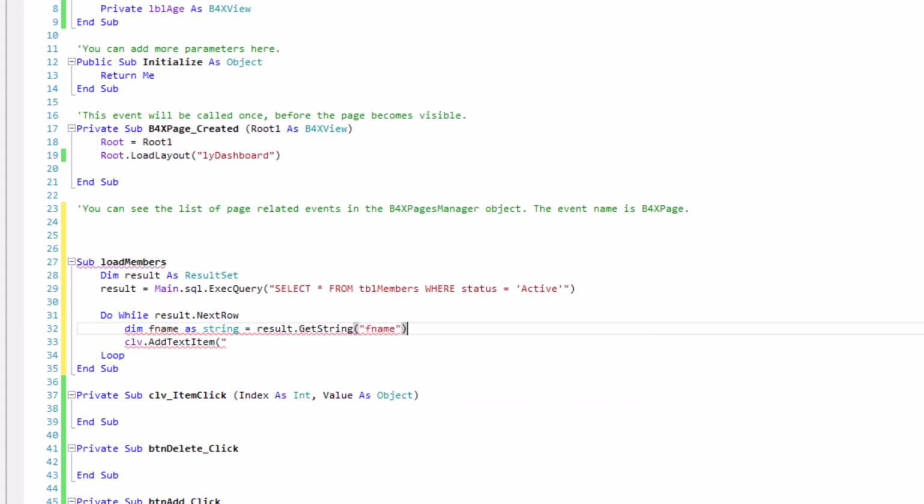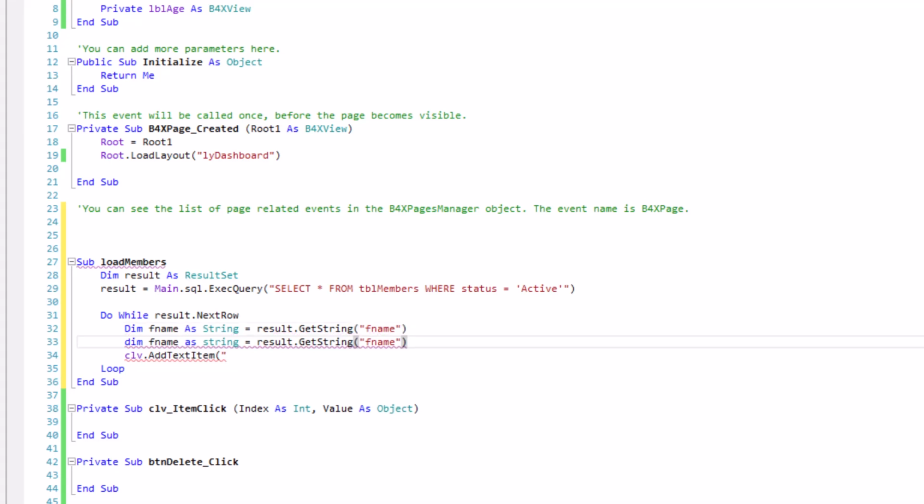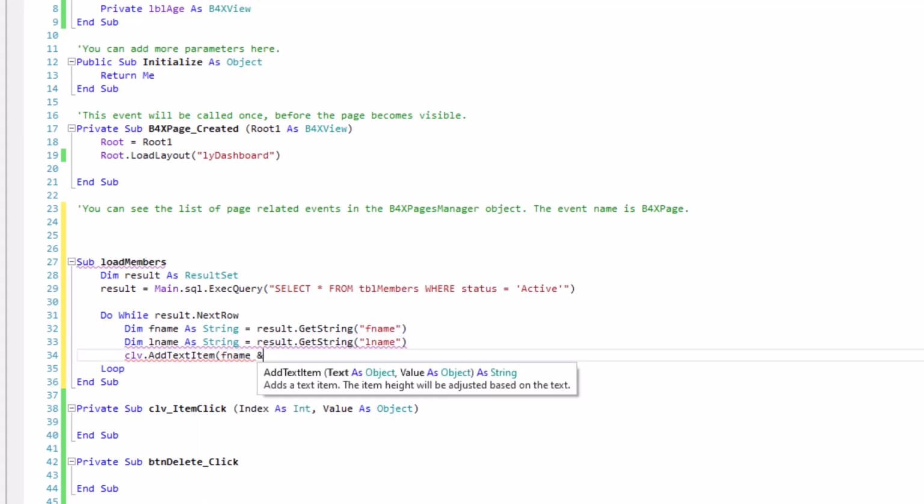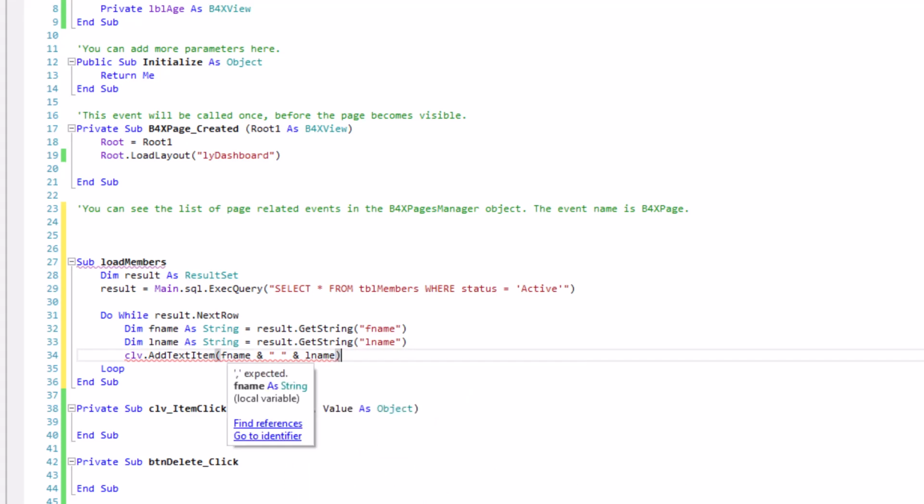So we get the first name value from the database, the same for the last name, lname as String. Then we concatenate the two. So fname and lname, we just put a space, then the first name, space, last name, so it will be concatenated.